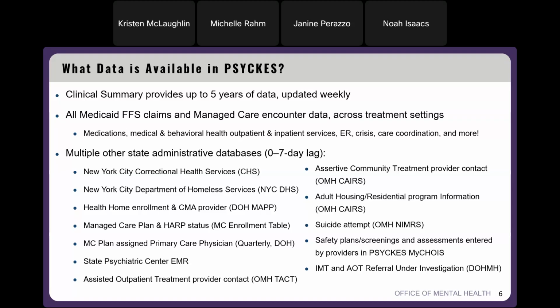We also have suicide attempts that we're getting from the state's incident management system. And unlike Medicaid claims, which does have that 5-year limitation, something like suicide attempt, we deemed it such a critical piece of information that this is going to extend further back than 5 years. So if somebody had indicated that someone had a suicide attempt in NYMERS into that incident management system for the state, they submitted that 10 years ago, 12 years ago, that information is still going to be able to be displayed in PSYCKES.